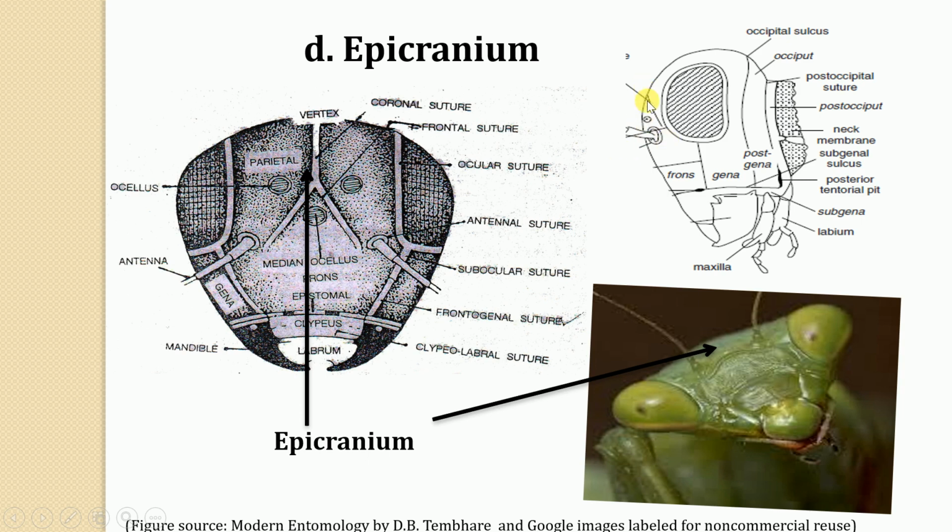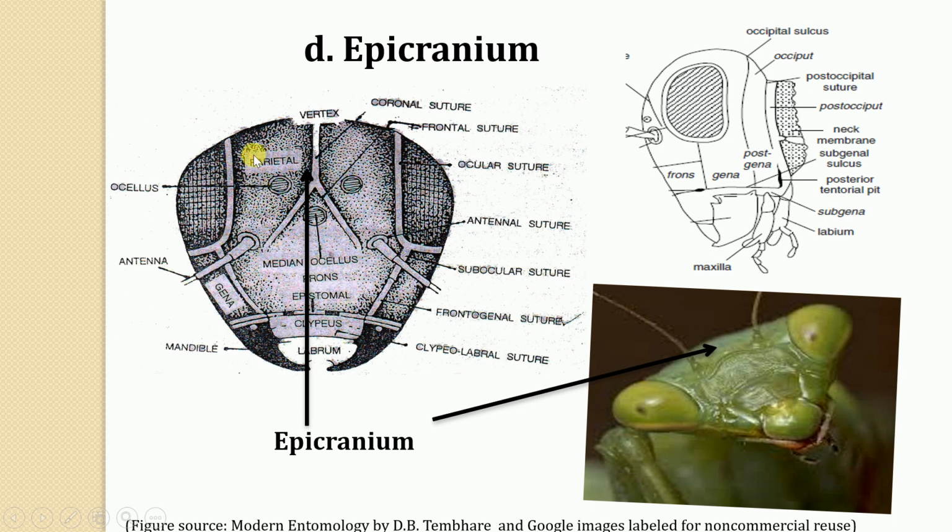Here you can see, this is the frontal suture, meaning this epicranium begins here and extends up to the occipital suture. So this is the occipital suture. Whatever area is present between this frontal suture and occipital suture, this whole area is referred to as the epicranium. Above the frons, it is divided by the coronal suture into two exactly identical lateral plates, and